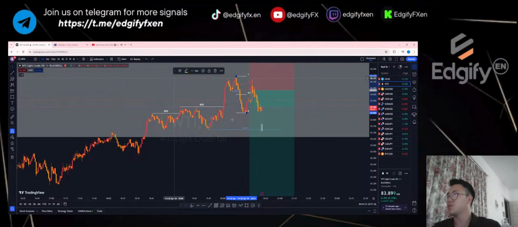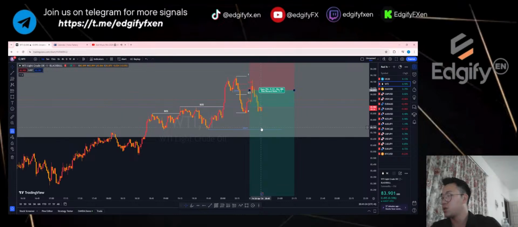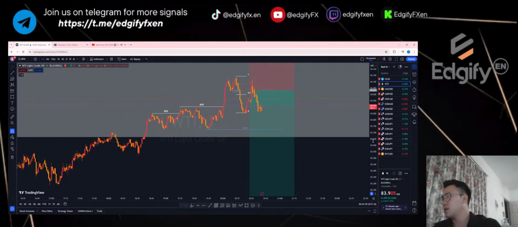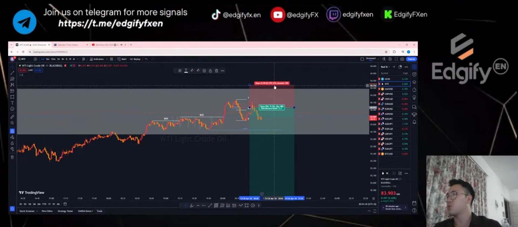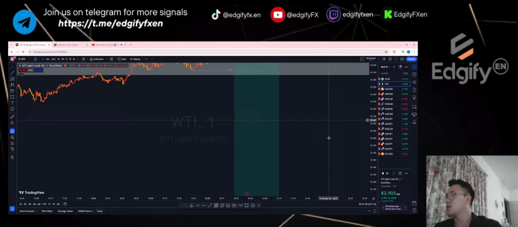So you guys just make sure you monitor this one here and see if you could catch this. Basically for the stop, what I did is add an extra of about 20 pips in total. So I have my stop set at 84.343.